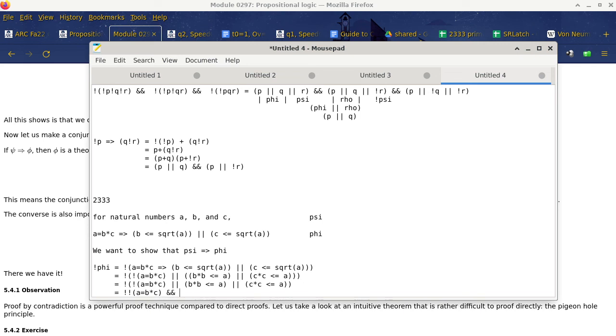And it is not the case that B times B is less than or equal to A, and it is not the case that C times C is less than or equal to A. And then we go back and get rid of the double negation. This is what we end up with. So now we end up with a conjunction with three things in it. A is B times C,